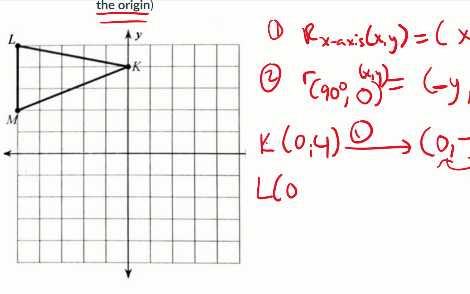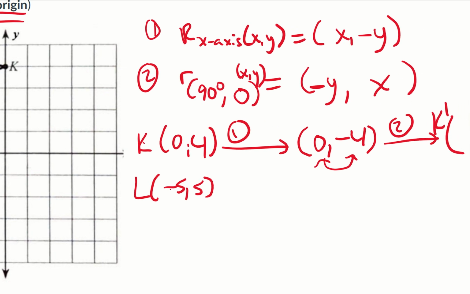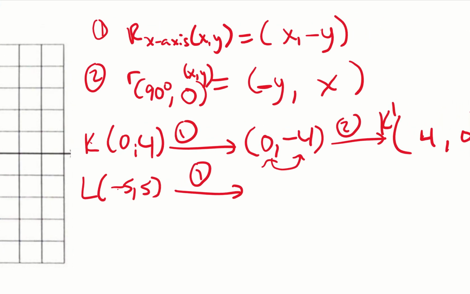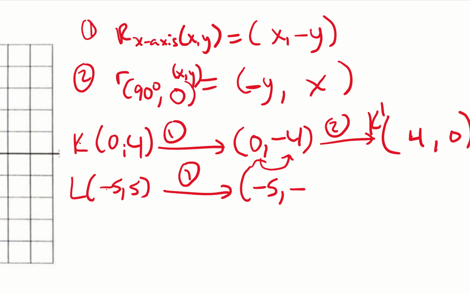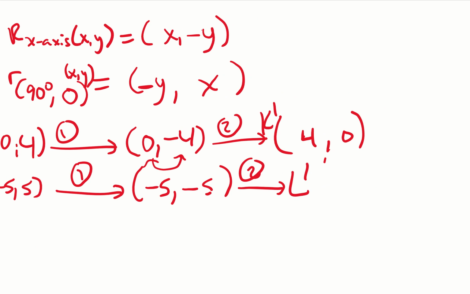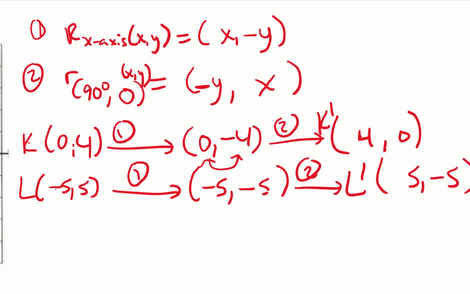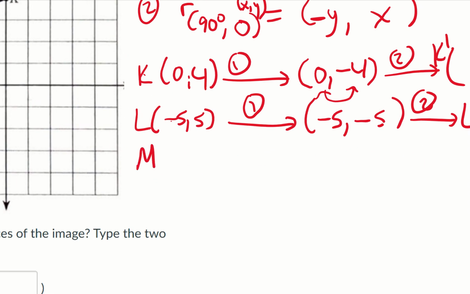Now let's do L prime. So L is (-5, 5). Then we transform that: we reflect it, which means that the y coordinate changes sign, +5 to -5. And then finally we get L prime, which means we have to switch these, which is going to be the same thing if I switch them. And then we change the sign of the first number. So now it's going to be +5 instead of -5. That's L prime. And then M,